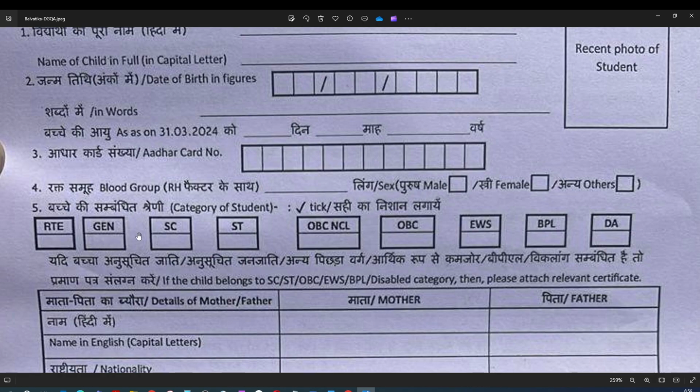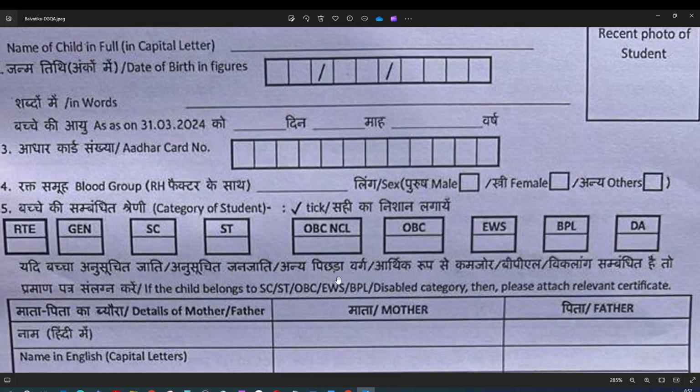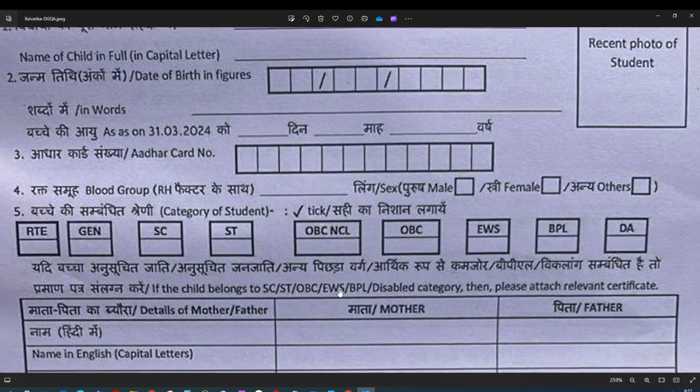So in this case, if you are nearby the school, you can select RTE. If you are SC, ST, OBC, you can select one of these, and also you can select BPL. Okay, so the BPL will be considered under RTE. Okay, and SC, ST also will be considered. DA is nothing but differently able. So if the child is having any physical problems, then you can mention that, provided you have the certificate. Okay,